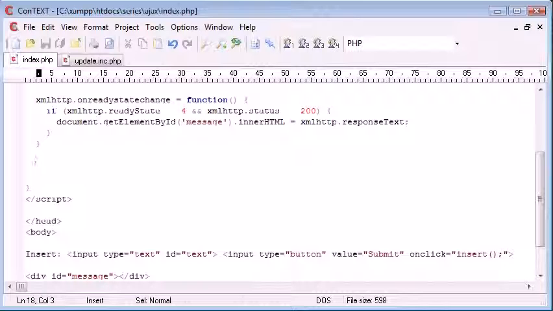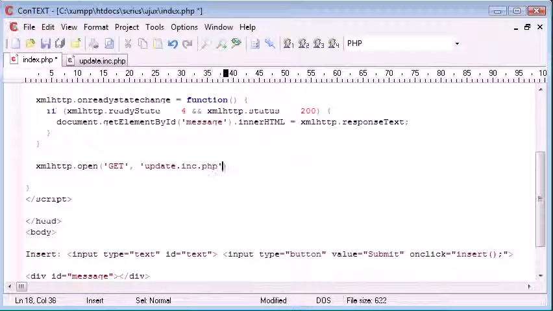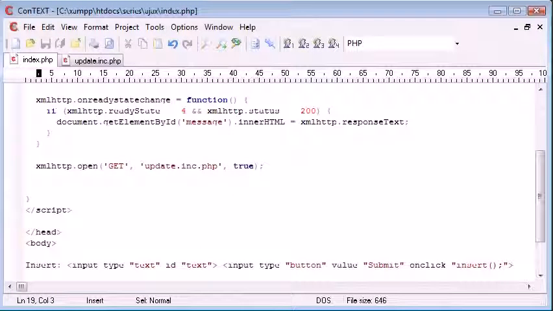If you watched the other tutorials, you'll see that we've used XML HTTP.open, and then we've supplied 3 parameters. Don't forget the semicolon at the end. The first parameter was get, the next was the file, update.inc.php, and then true, because we're sending the data asynchronously. It's actually true by default, but I tend to put it in anyway, just for my own peace of mind. So now we say XML